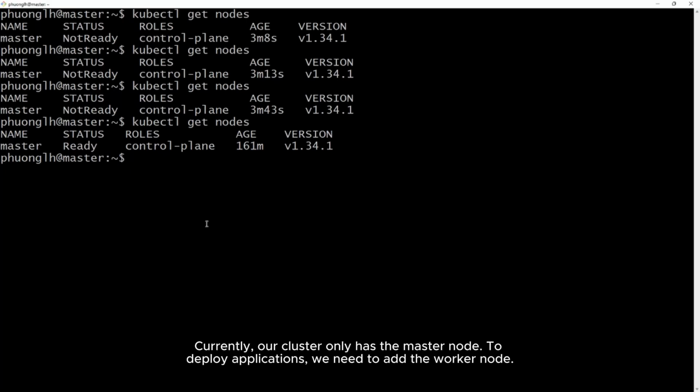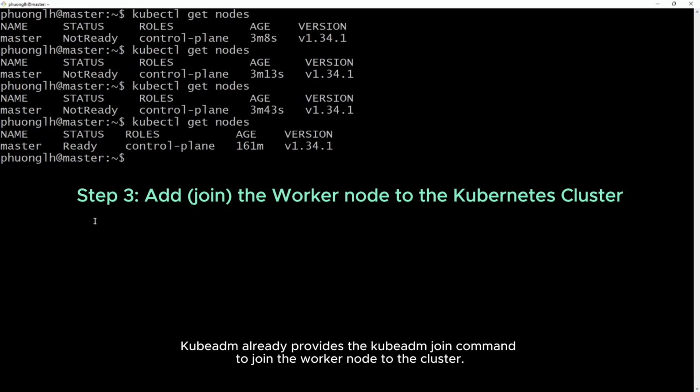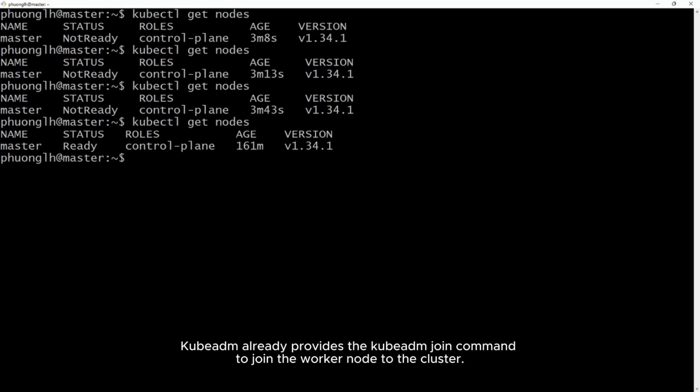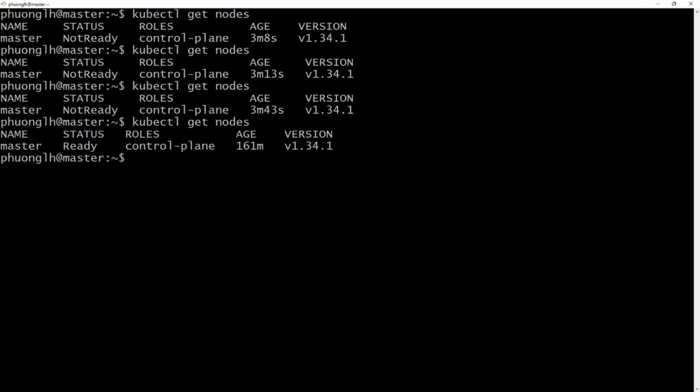Currently, our cluster only has the master node. To deploy applications, we need to add the worker node. Kubeadm already provides the kubeadm join command to join the worker node to the cluster. Copy.